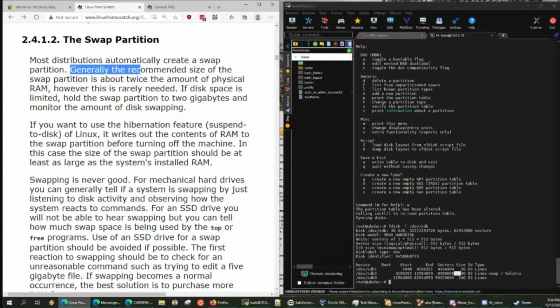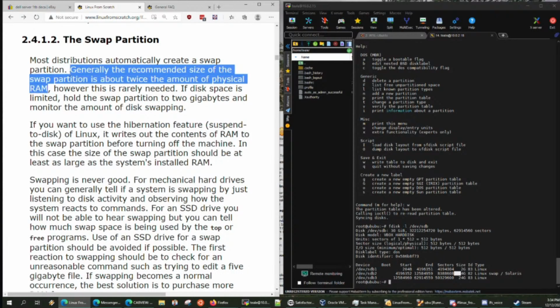So generally, the recommended size of the swap partition is about twice the amount of physical RAM. So if you get 4 gigs, do 8 gigs. But nowadays we've got people with like